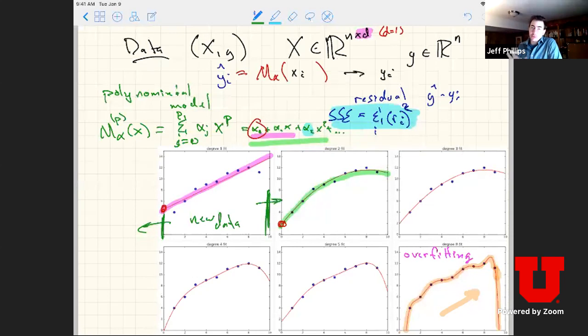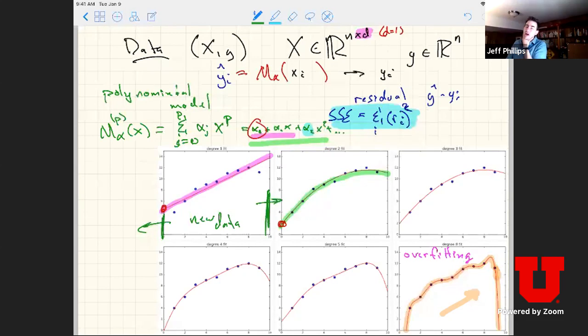Now, this idea of worrying about extrapolation beyond where we've seen the data becomes much messier in high dimensions. In 1D, this is very clear. Where is the range of the data? We can pick the interval between the first and the last point and say that's the range of the data. In high dimensions, this is a really weird problem. You could think of a convex hull of the data in high dimensions, but that might not be a good representation. And so we're probably going to be extrapolating there to some extent, but this is going to be much harder to quantify.